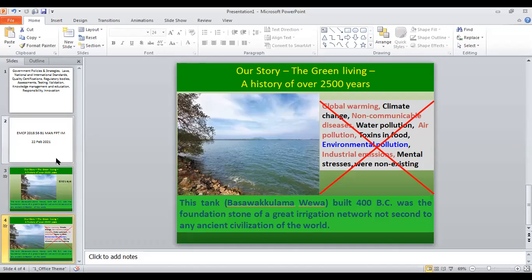Anyway, the subject of environmental management happens to be essential because nowadays we have lost the previous knowledge about life, society and all. We lost this maybe due to foreign invasions, following the trends of this modern world. So we lost the roots. We lost our roots centuries back with the loss of our kings, around 1505, I think, maybe after that and even well before that. Yes, we lost the roots. That's why we are facing all this, otherwise with this kind of heritage,